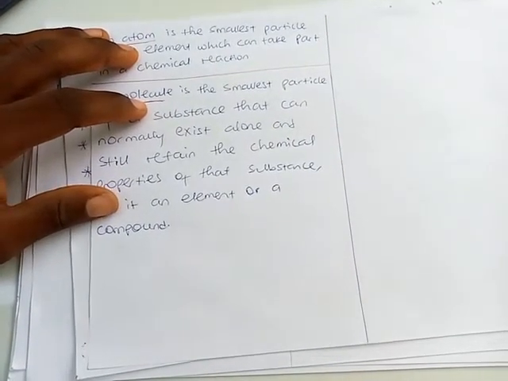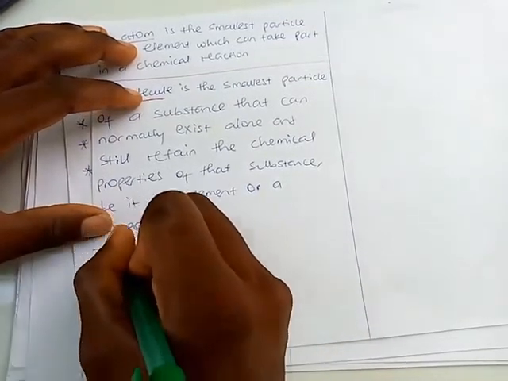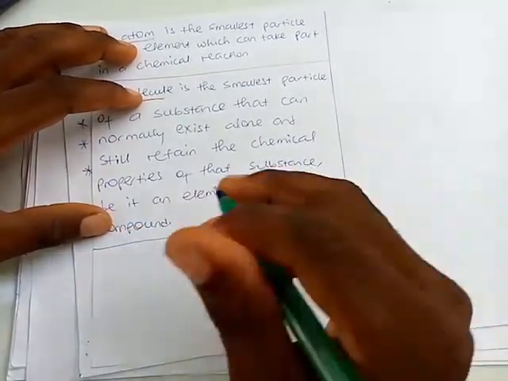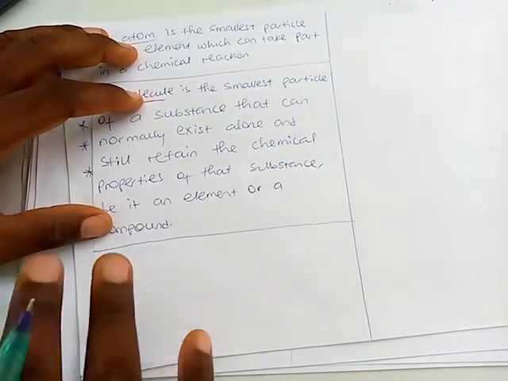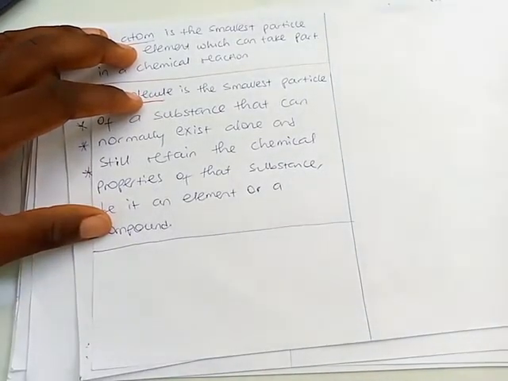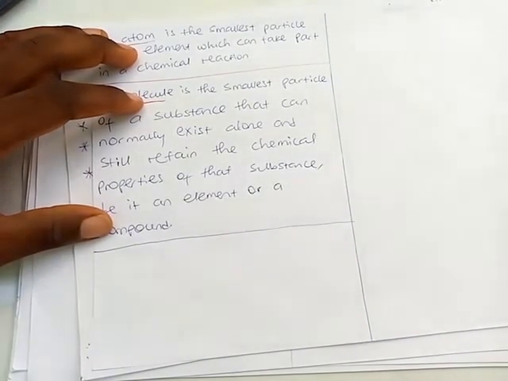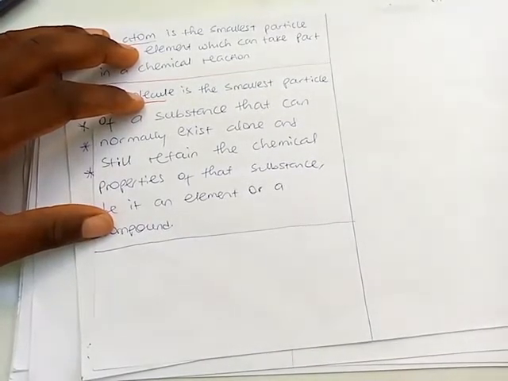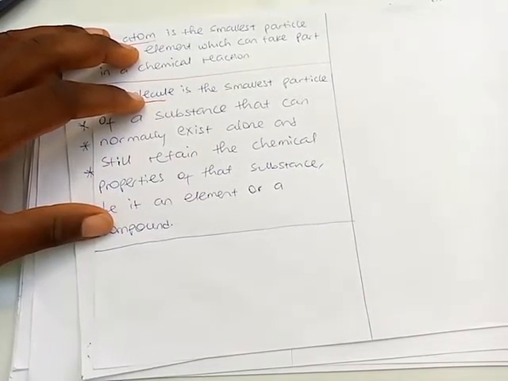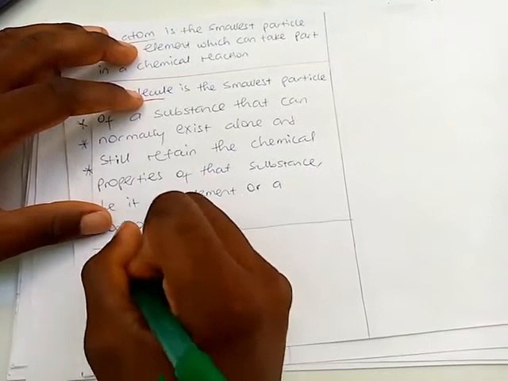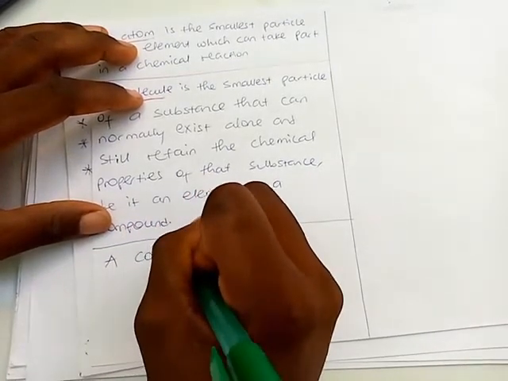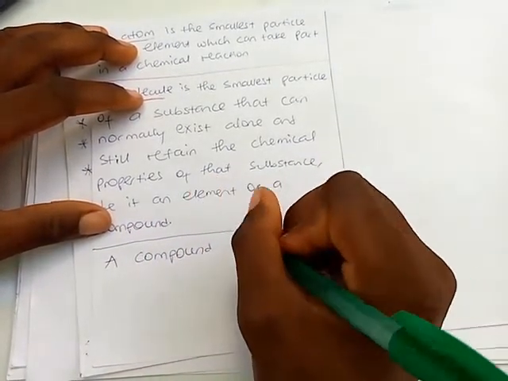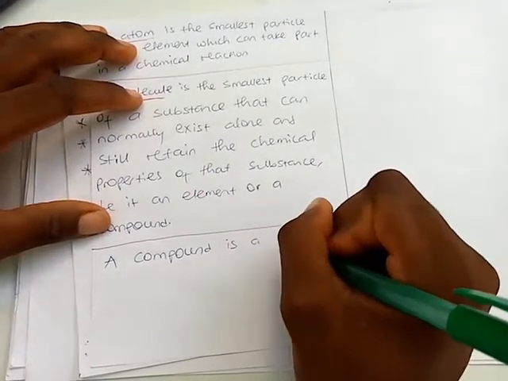From the illustration I gave about salt, if you get a particle of common salt, it's a compound. It contains two atoms chemically bound together, sodium and chlorine. So let me put it down. A compound is a substance